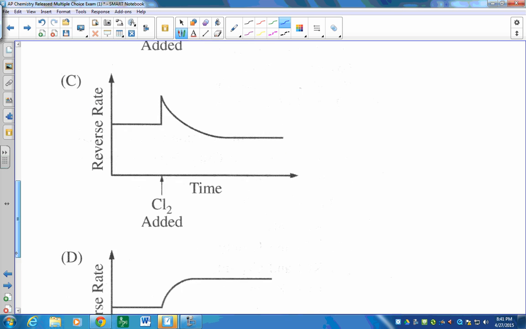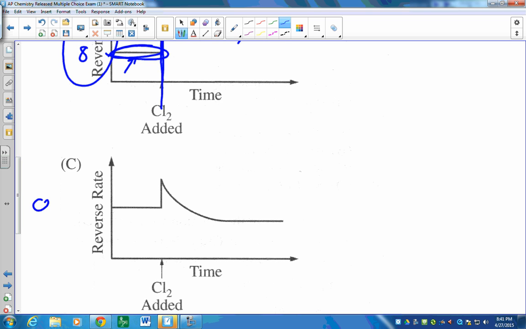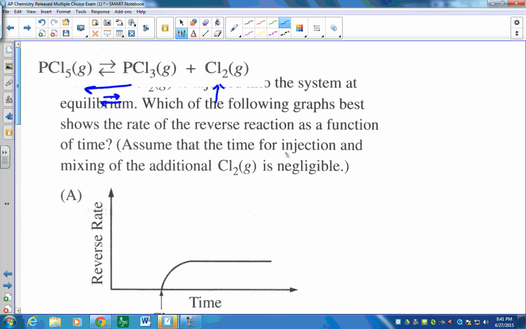Now, this answer C, I kind of like. This would be the answer if, instead of adding Cl2, you removed, let's say you removed PCl5. But what happens is, if you look at the equation, you remove some PCl5, the system says, hey, I don't like that you took the PCl5, I want it back. So this one does speed up to try to get it back, and then again, it's equilibrium, speeds up for